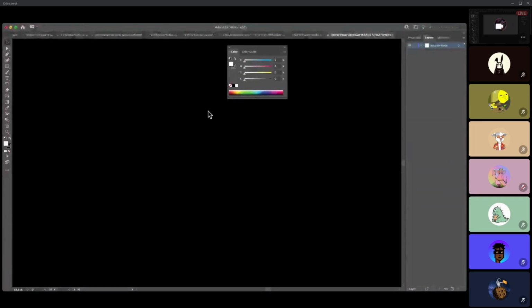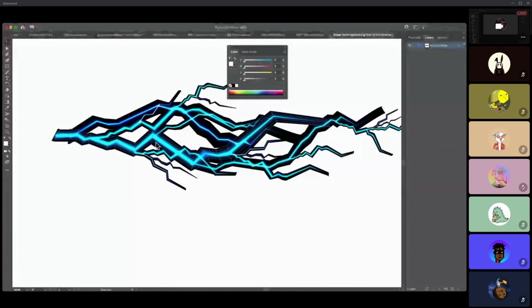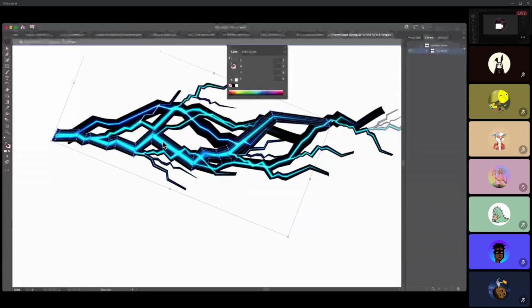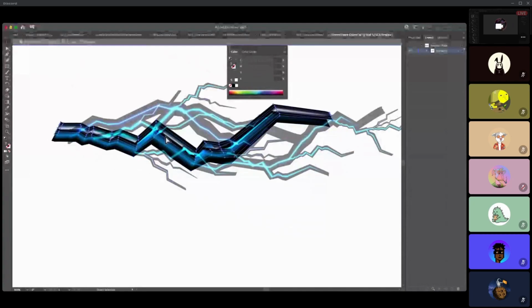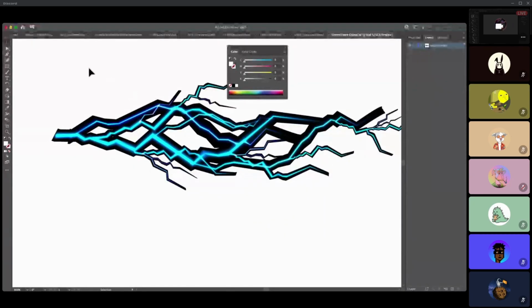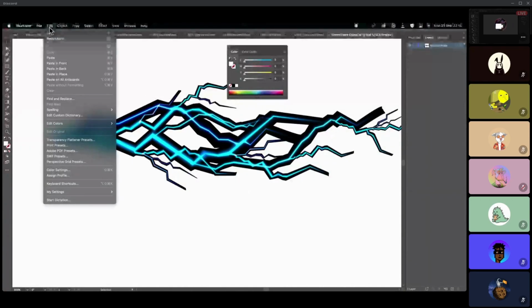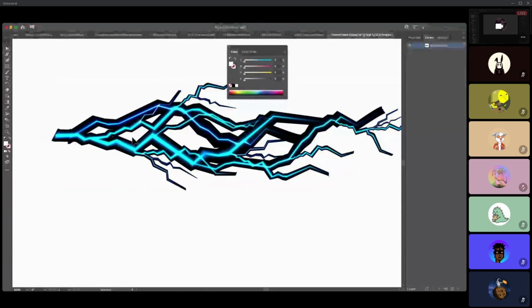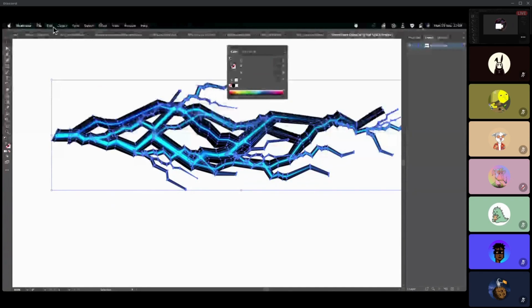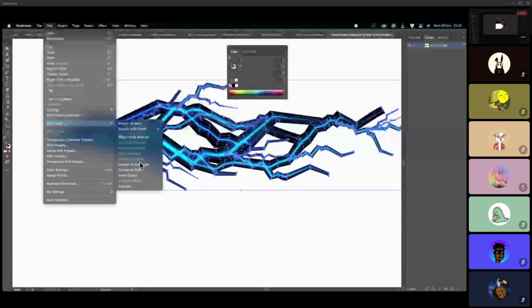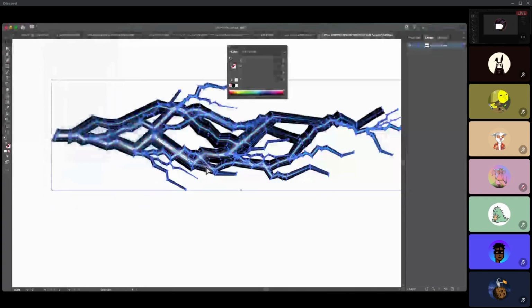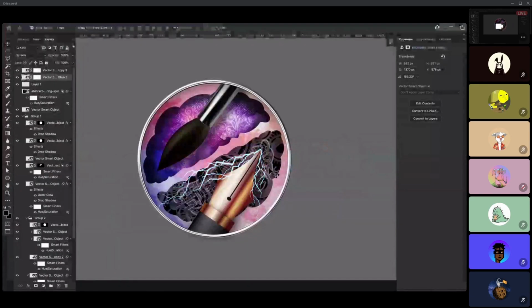Good thing is that they are all vectors, so if I come here, I press V or Y. What happened here? Okay, this is getting tricky. So in that case, I'll just go and say edit, edit colors. Yeah, okay. Edit colors, convert to grayscale, and that's it. And I press Command S, Command W, I'm out of there. And boom, it's all white.